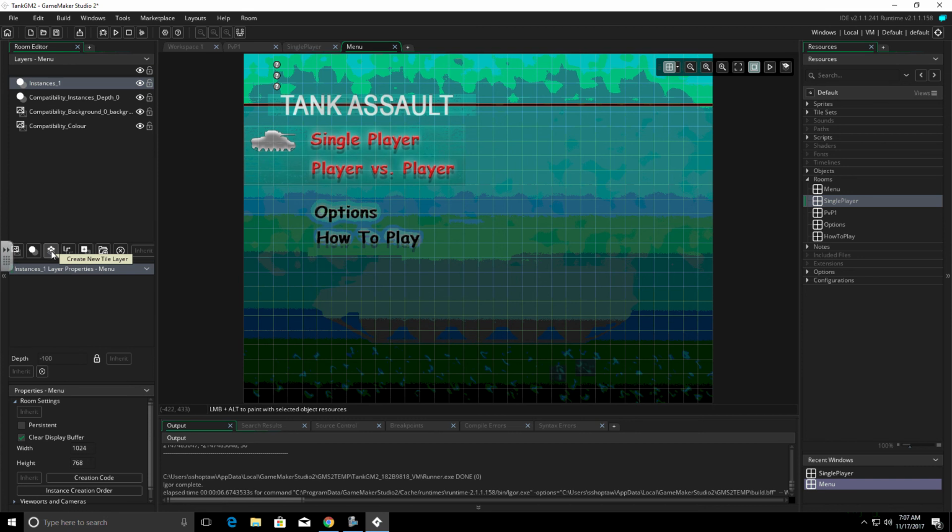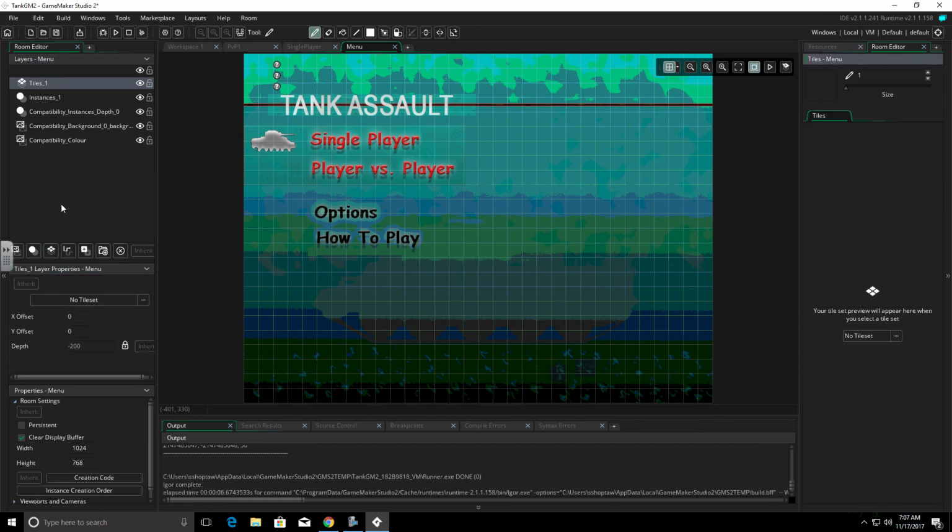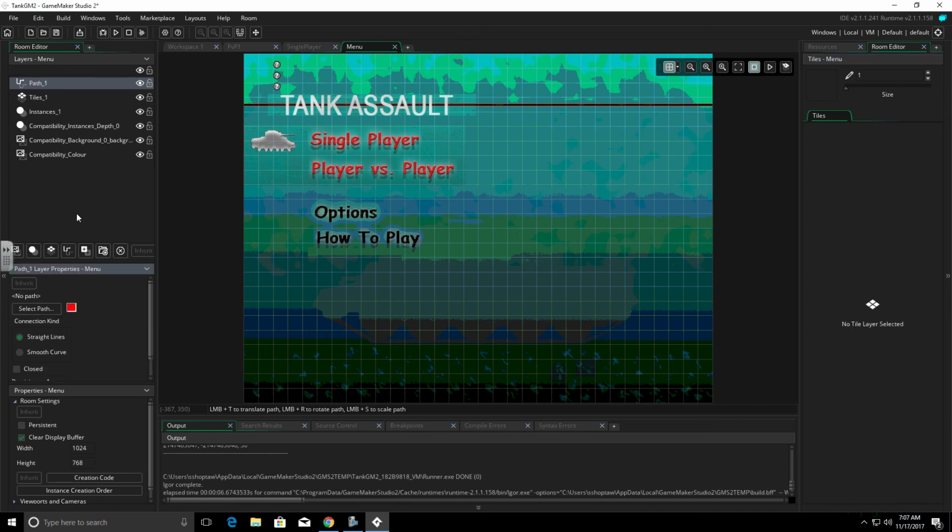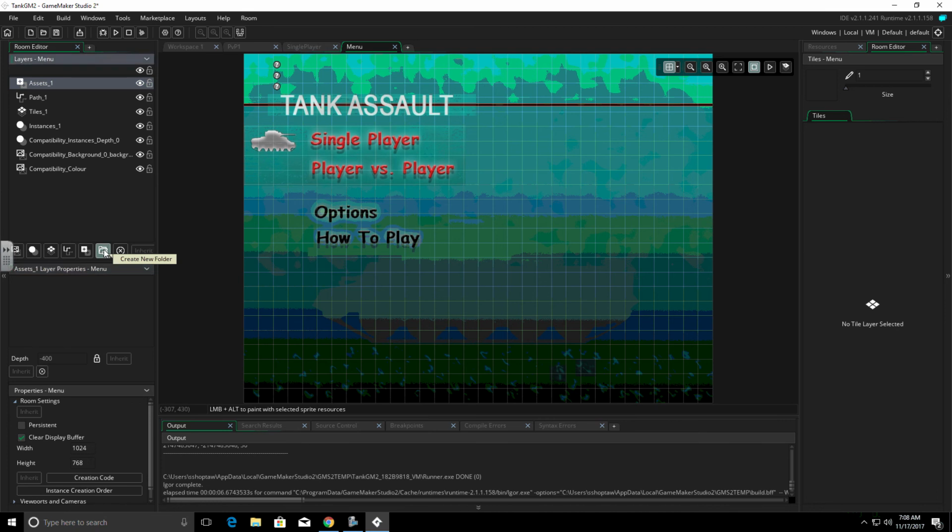We have a tile layer, and the tile layer is for when you are drawing sprites from a tile set. We have a path layer, and that's for drawing paths, and we'll discuss paths in a different tutorial. We have an asset layer, and then we have the background layer, which we've already talked about. Just to the right of that, we can create a folder to organize things.